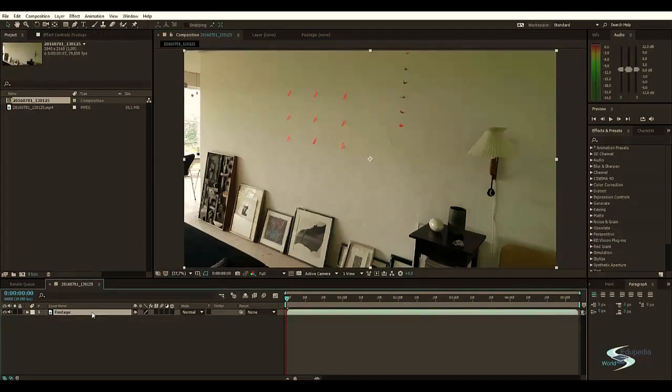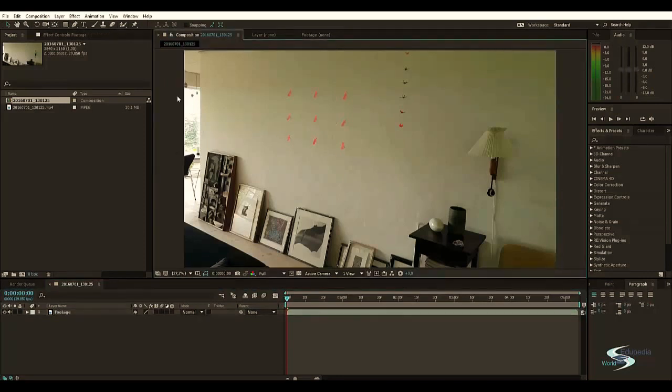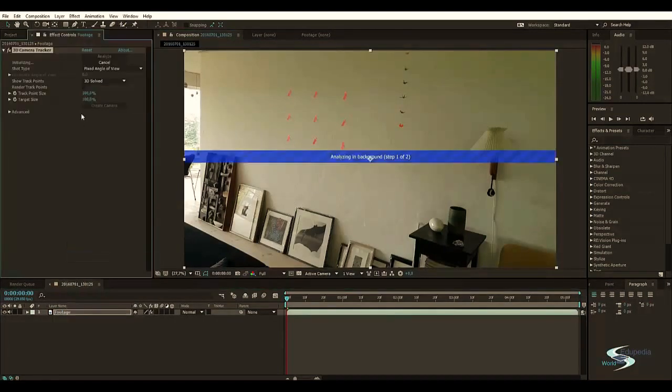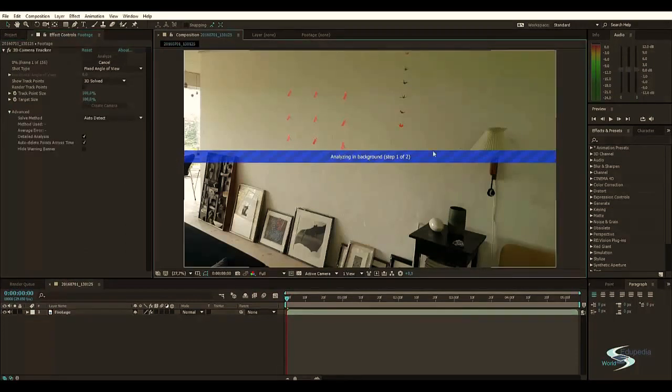So let's just call this footage. The reason why I added these markers was so that the 3D tracker would have some texture to track, because this is basically just a white wall and it can be pretty hard to track. So let's just try and click track camera and set it to a detailed analysis. So right now we're doing a 3D track. I tried doing this earlier, and the tracker doesn't actually use these tracking points, which is a little bit sad,